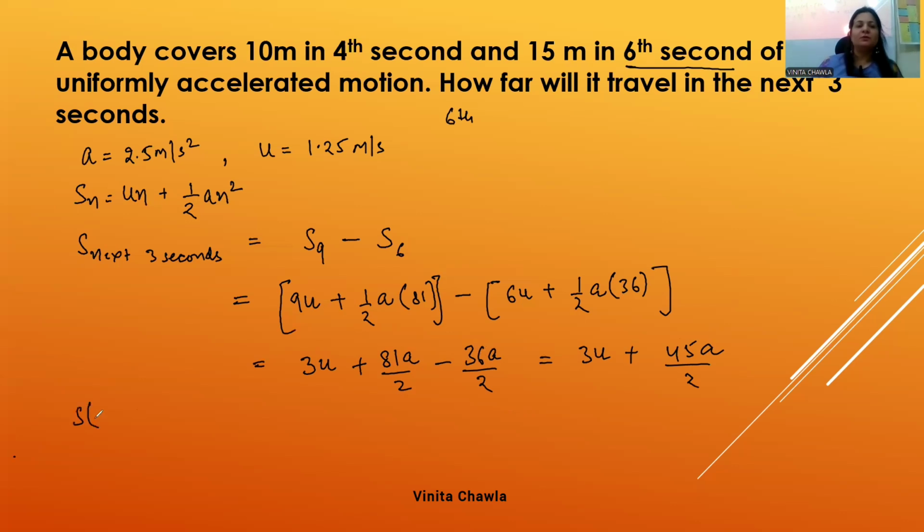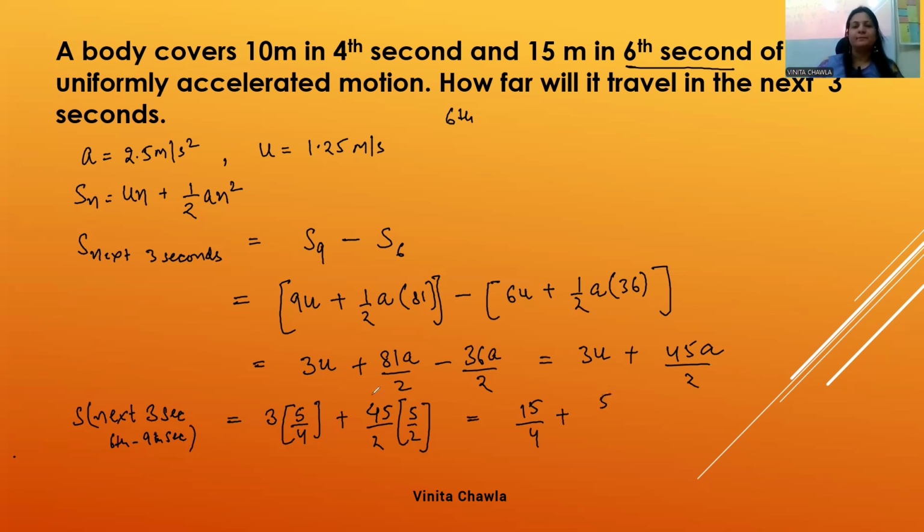So the distance traveled by the object in the next 3 seconds, from 6 to 9, is equal to 3 times u. Put the value of u. In fraction, 1.25 can be written as 5 by 4, plus 45 times a, and 2.5 in fraction form is 5 by 2. So we'll get 15 by 4 plus 225 by 2... adding gives 240 by 4. 240 by 4 is 60 meter. The distance traveled by the object from 6 second to 9 second is